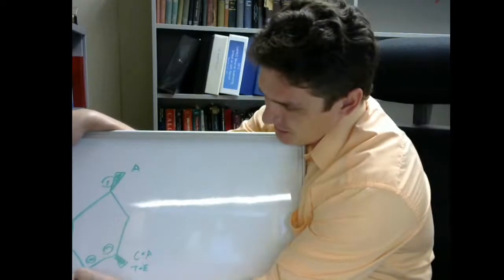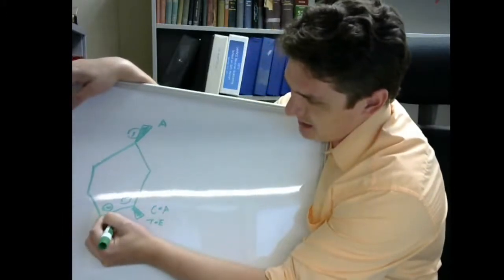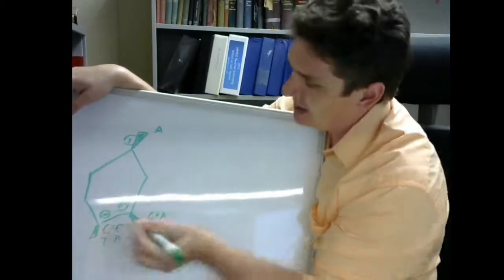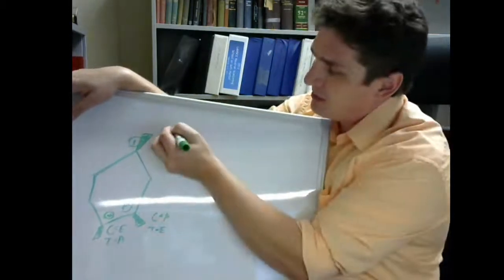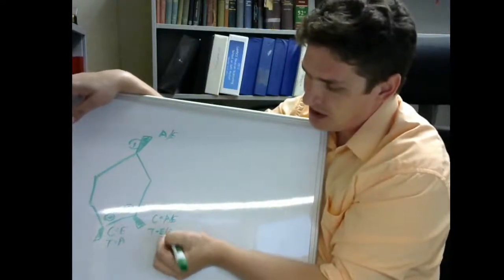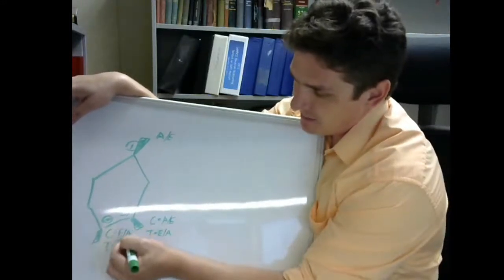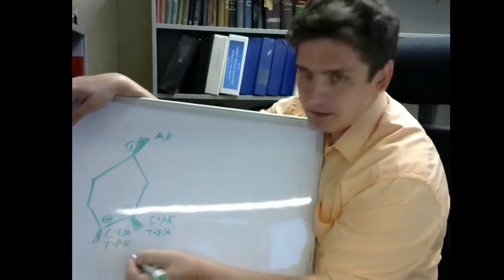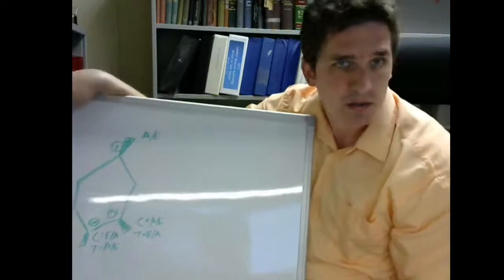For this one, if it was cis, it would be equatorial, trans would be axial. But again, keep in mind that we can flip these. So this gets flipped to equatorial, this would also be equatorial, or in the trans position it would be axial. So if we look at our options here,